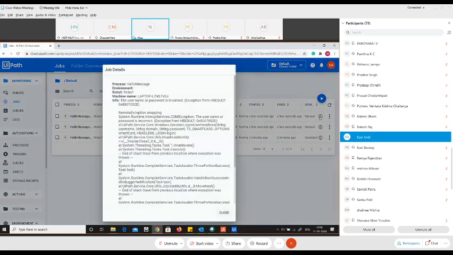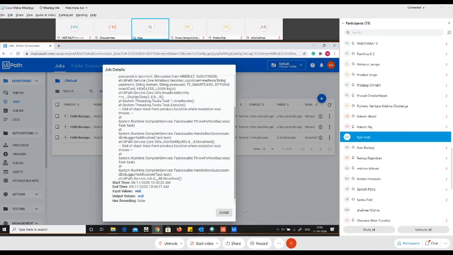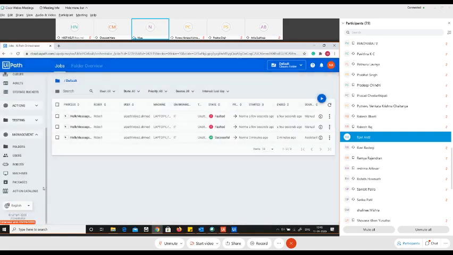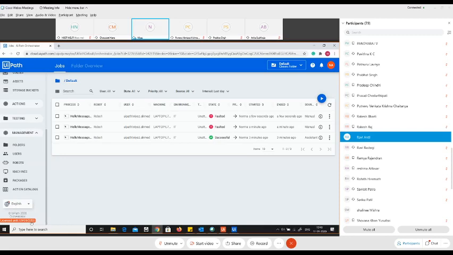Okay, so let us see what exactly went wrong. Why aren't we able to run this? The username or the password is incorrect. Okay, that's fine. Probably my license has expired, so you can see my license is only available till 9th of September, and today is 11th of September. So probably that was the reason. But this is how you can also start running a job from here.